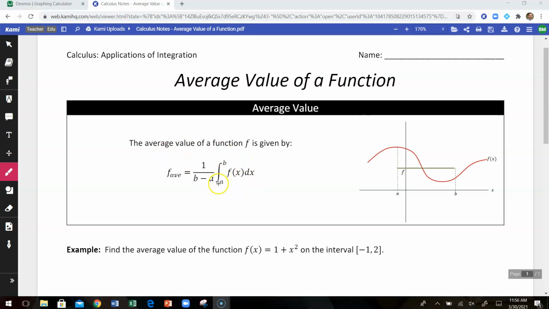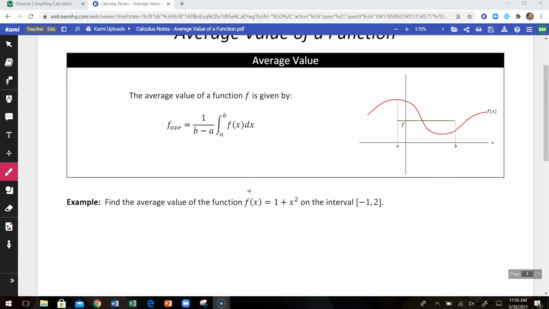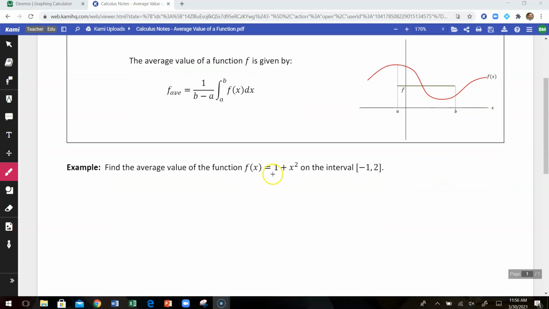by using this formula. You simply do the integral from A to B of the function, and then you multiply by 1 over b minus a. So you're essentially dividing by the length of that interval. Okay, so I'm going to set this up. We're going to find the average value of the function 1 plus x squared on the interval from -1 to